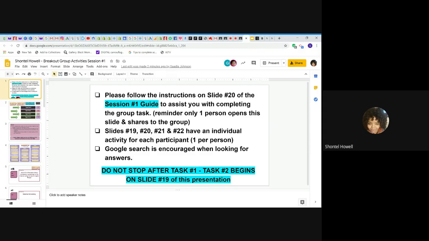We would discuss it and then write that summary. And then later on, after we did that as a group, somebody would go to slide 19. Someone will go to slide 21. Someone will go to slide 22. So the slide 20 that it's referencing is,